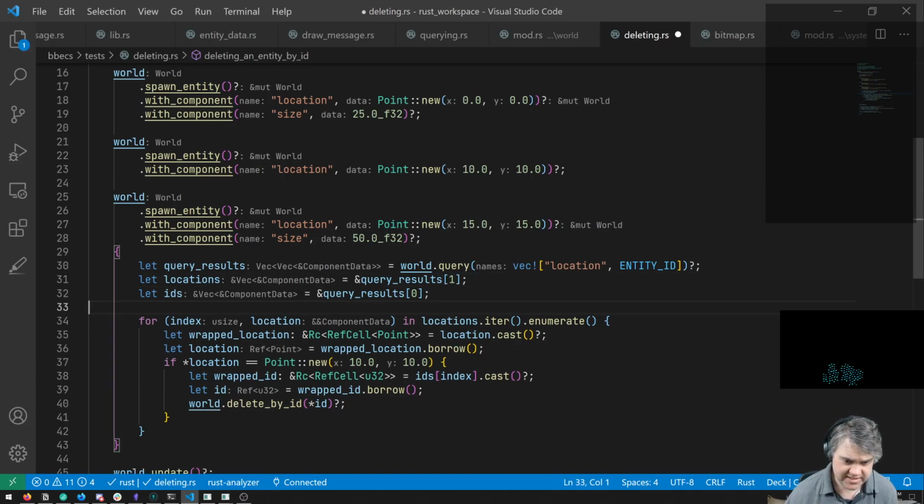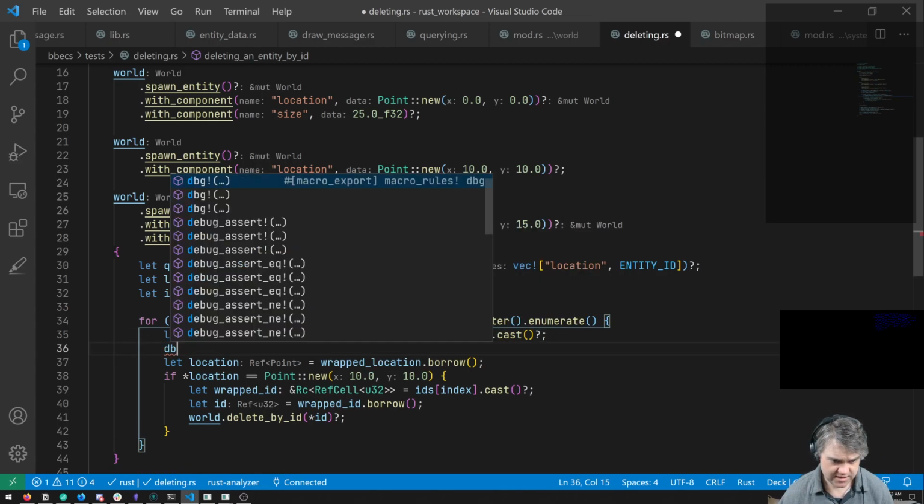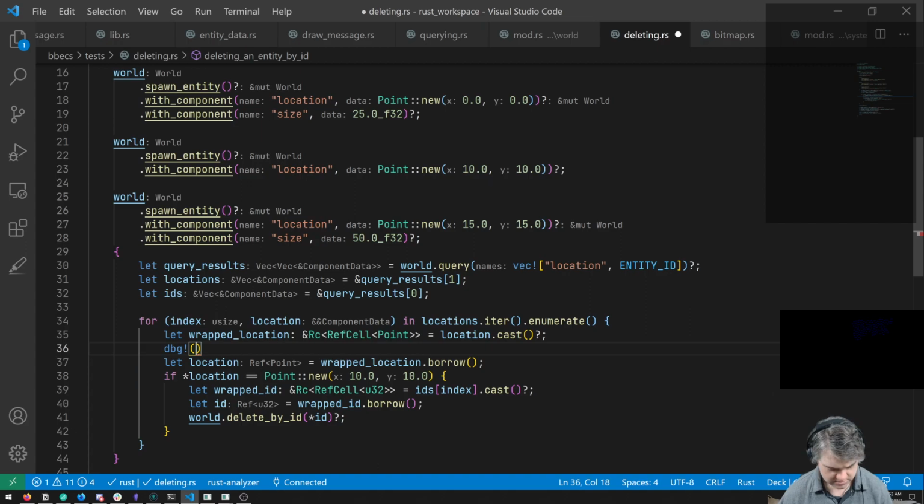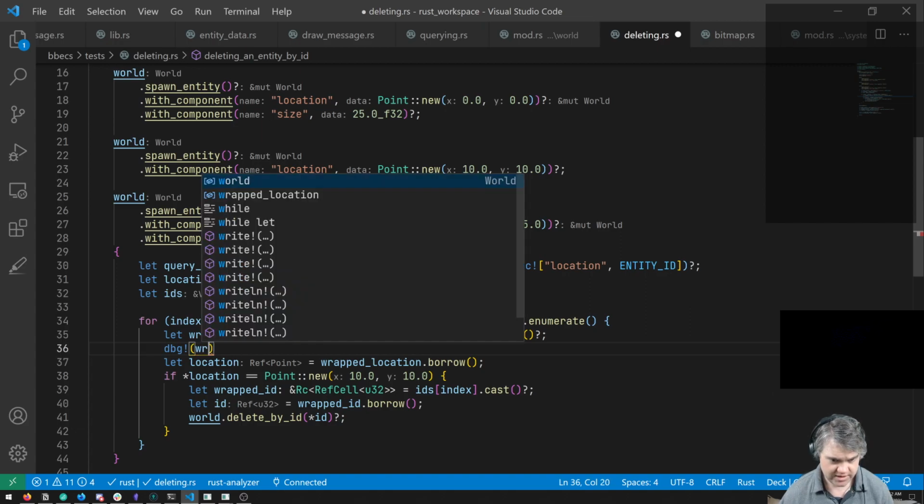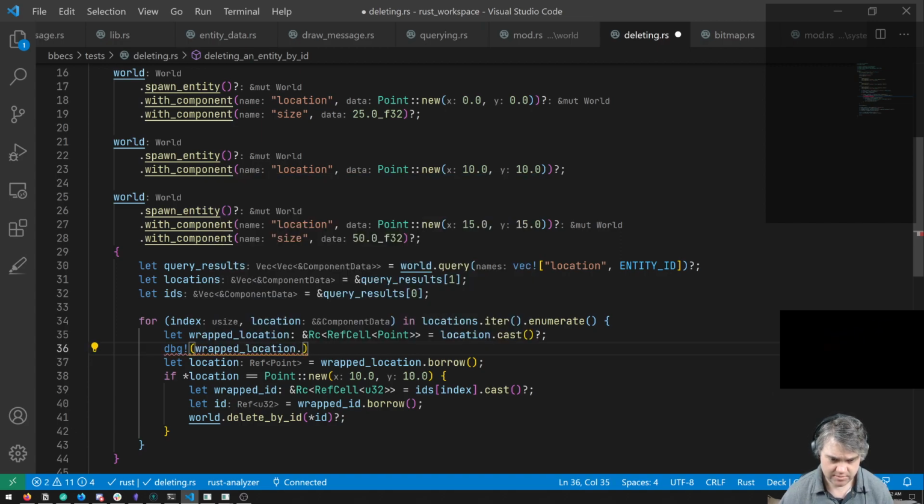So then for index in locations, we loop through the locations. We extract out the locations, which we know worked just fine. So if we put our debug here, let's do a wrapped location dot borrow.